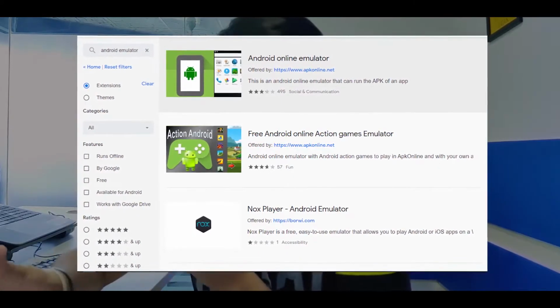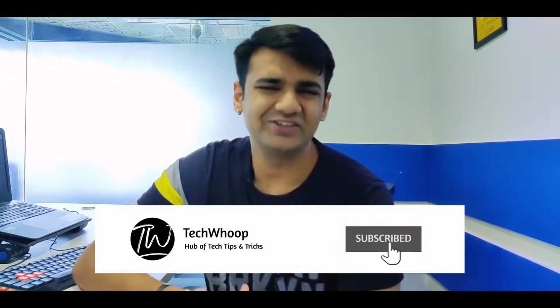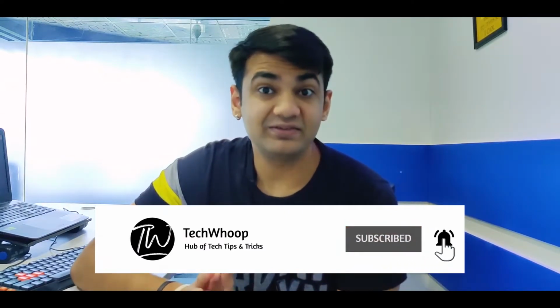So just like I said earlier, you can use emulators on your PC, but for that you have to install it. But in case if you don't want to install it, then using extensions is the way to go. So over here, you will directly search for Android emulator and you will actually find extensions through which you can access it. But obviously, since these are online extensions, you won't be able to play games which are high-end or use some more applications which require a lot of resources. Okay, so keep that in mind. If you want to use simple applications, then you can use this method.